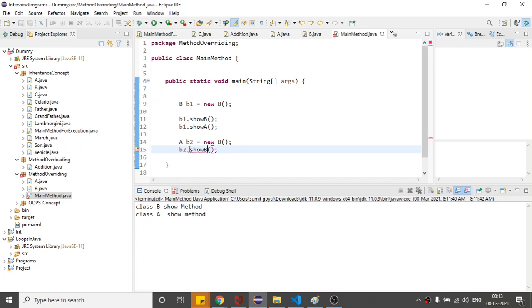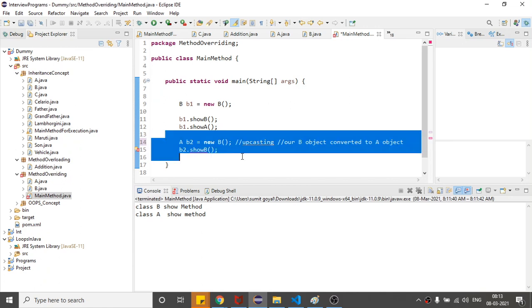So basically why is it not accessible? Because this is a case of upcasting. So what does upcasting mean here? Our B object is converted to an A object. A is our parent class here, right?